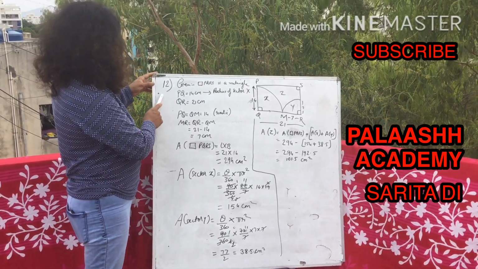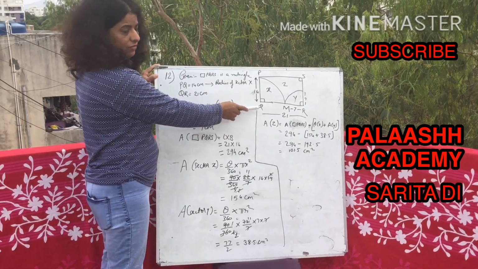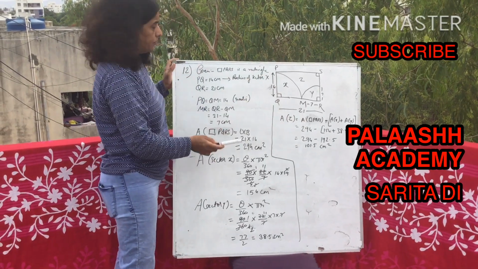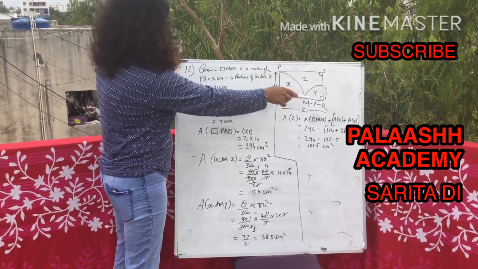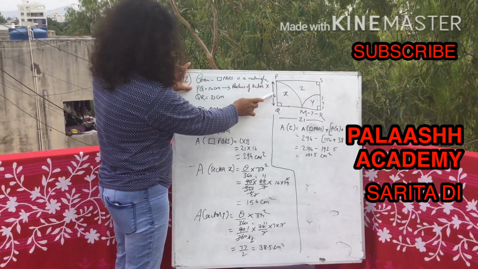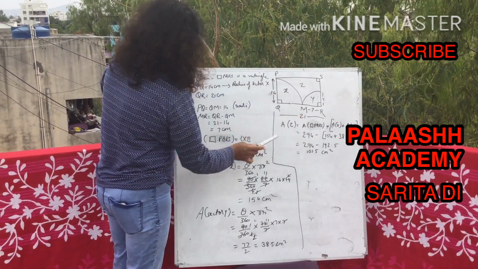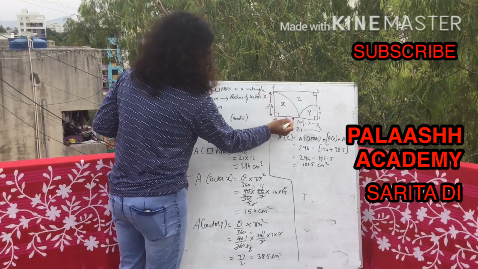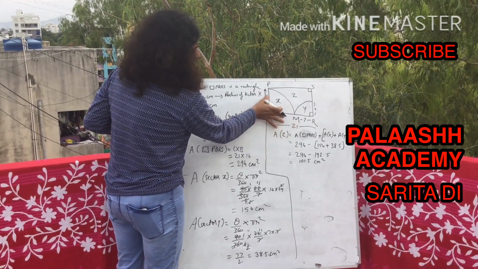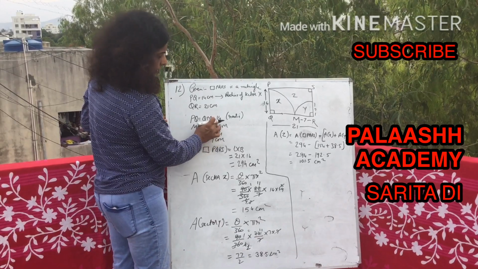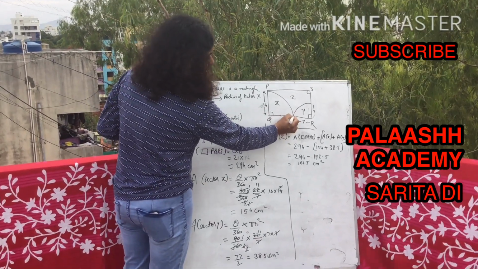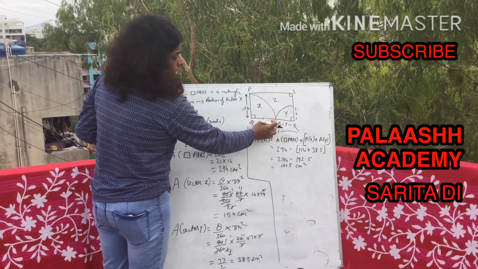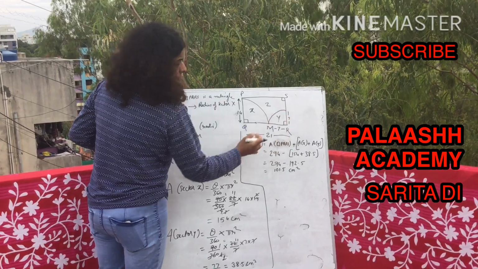Now see here, in question number 12, this figure is given to you. Here the length is 21 and the breadth is 14. Given quadrilateral PQRS is a rectangle, and PQ is 14 and QR is 21. Now see, PQ will be equal to QM because this is a sector. So since these two will be the radii, it will be 14. And name this point M, because in your textbook the name is not given here.